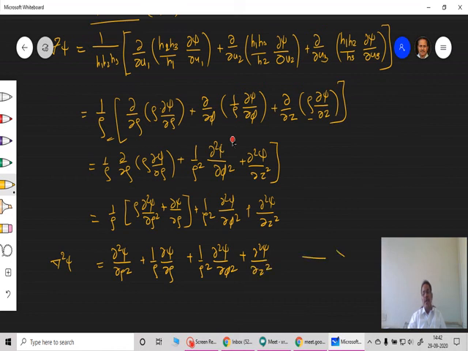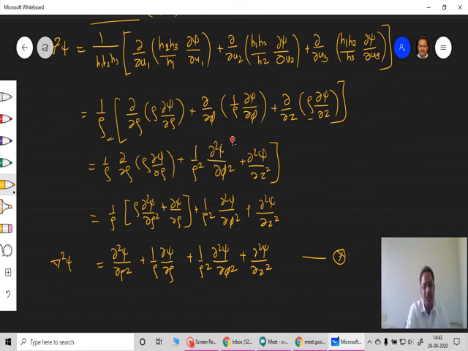And this is my Laplacian in the case of the cylindrical coordinate system. Remember, we are going to use all of these: the Laplacian in the Cartesian coordinate system, the Laplacian in the spherical polar coordinate system, the Laplacian in the cylindrical coordinate system. These are found to be very useful components in the case of maybe the Poisson equation, the Legendre equation, the Laguerre equation, the Hermite equation, etc. Everywhere this type of del square has many applications, and that is how we have finished the discussion of this part of the Laplacian.